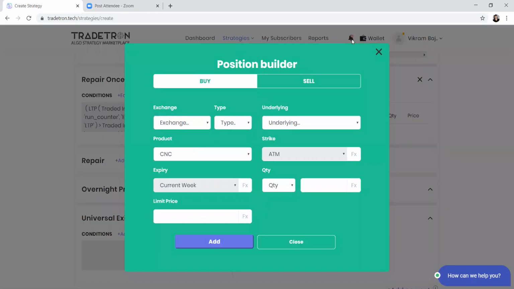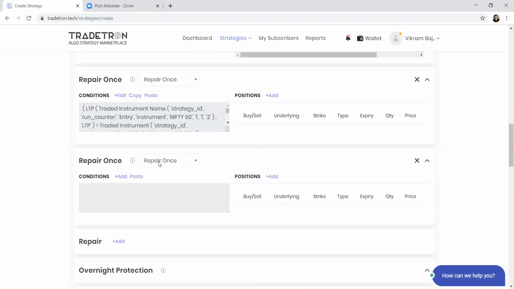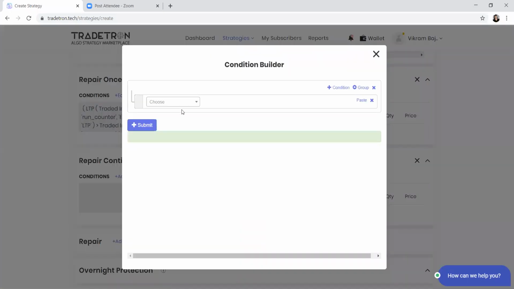And whatever position you want to add. Also, we'll discuss how to create delta neutral strategies. Let's say you have created an option portfolio and you want to make it delta neutral at some delta threshold. So let's say you have bought 10 lots of call and 10 lots of put, and now you want to neutralize the delta. So how to do it? You can just use these keywords.